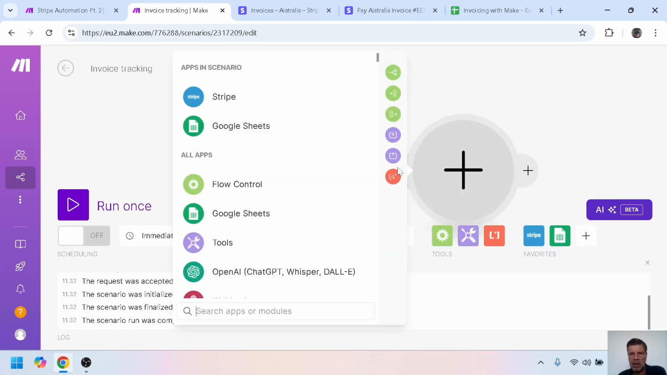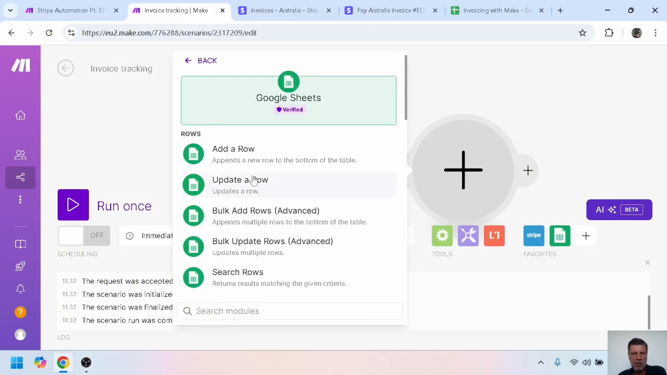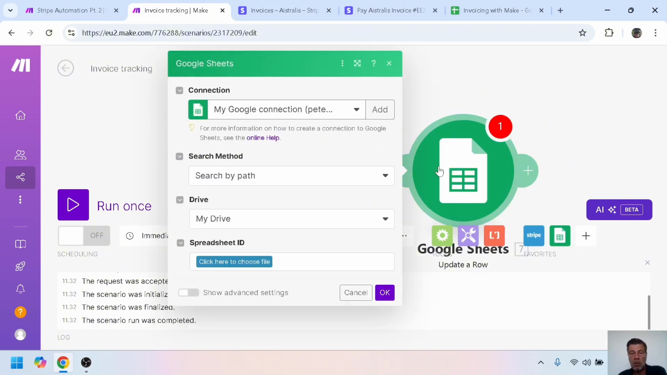We're going to add a new module, Google Sheets, and update only one row. This is a very basic scenario. If you have more than one entry in your sheet, you have to do search rows first for the given invoice ID, and that will return the row number. So update a row,